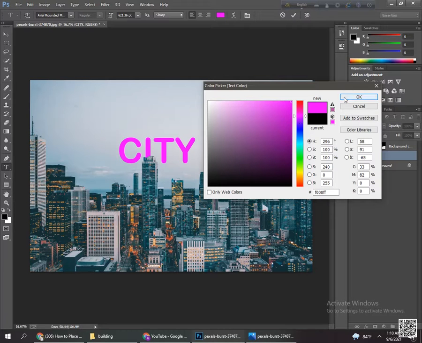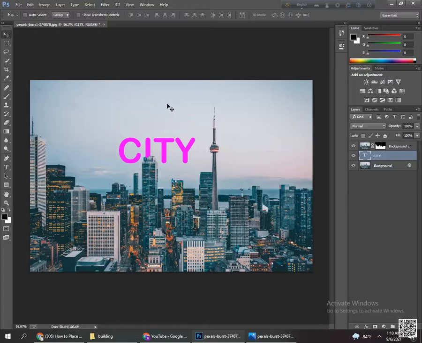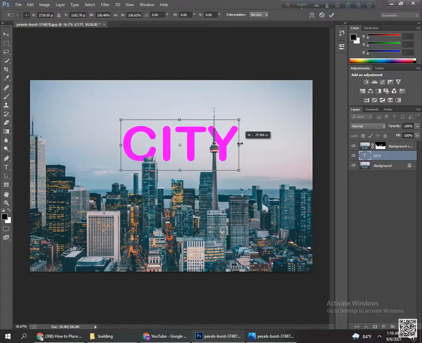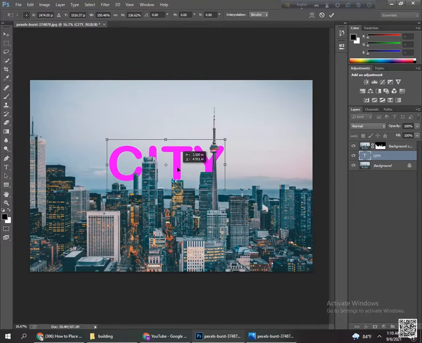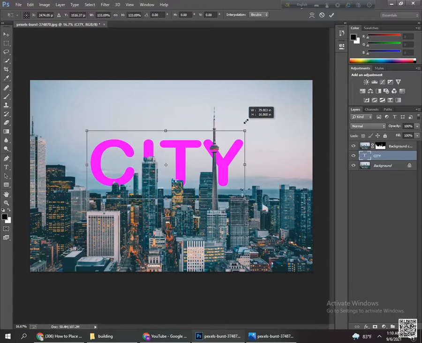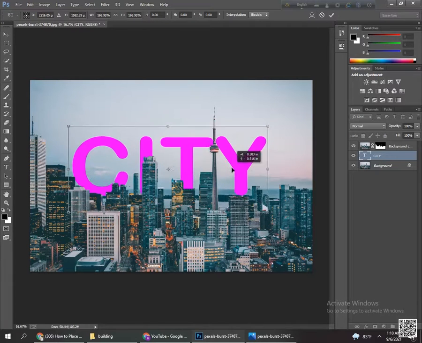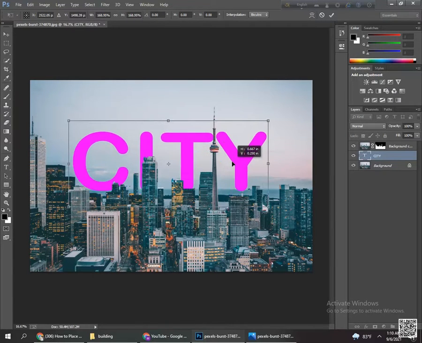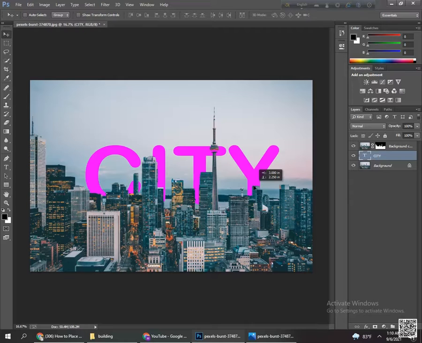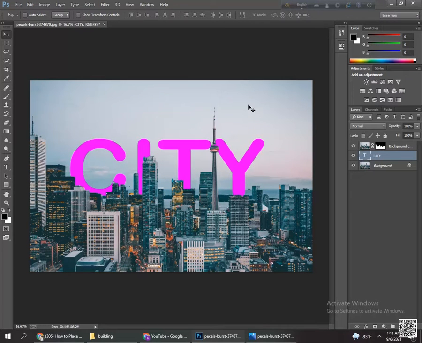And now we customize that city's size. Okay, we want to increase its size more. Okay, like this. That's it. It's perfect. Now we want to make this picture more attractive, that's why